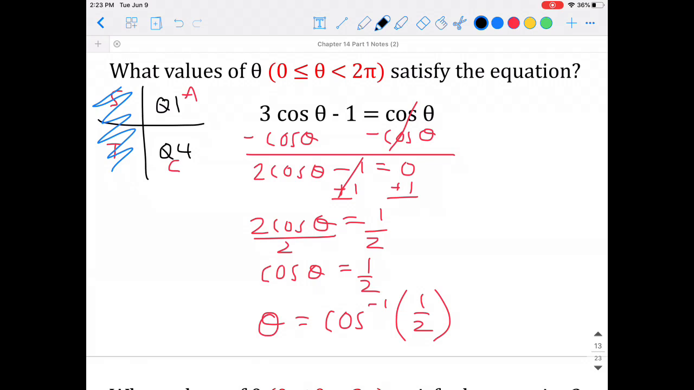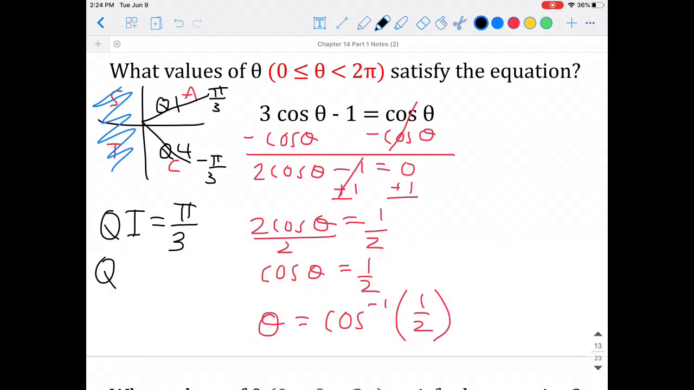Now we have cosine is 1/2. So we know cosine is represented by our x value. So when it's 1/2, that means we have a 60-degree triangle, or pi over 3. So in our first quadrant, this value is going to be pi over 3. In our fourth quadrant, this value is going to be negative pi over 3. So quadrant 1, we're going to have pi over 3. Quadrant 4, we're going to have negative pi over 3, but we don't want to leave our answer in negative,